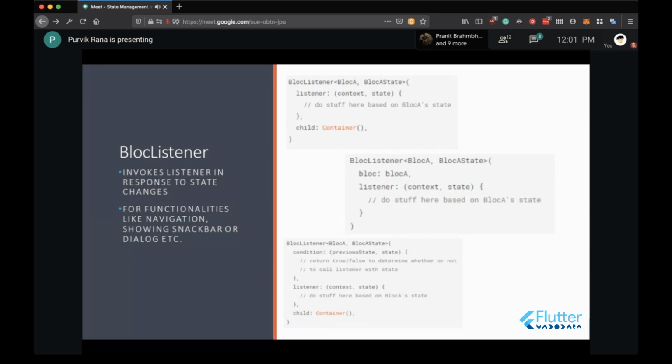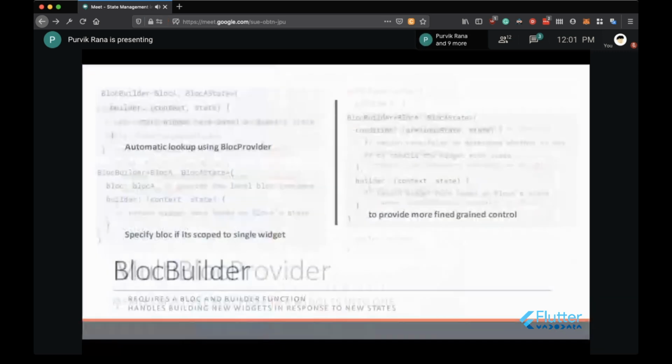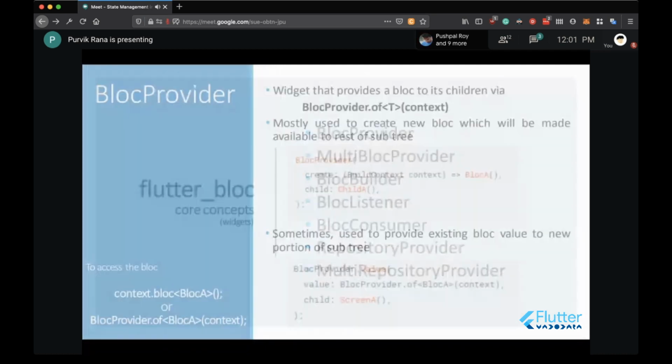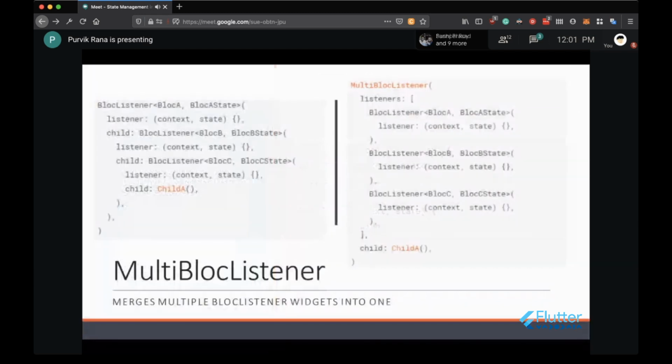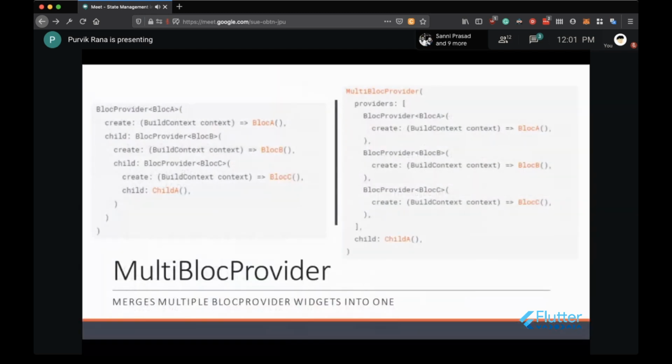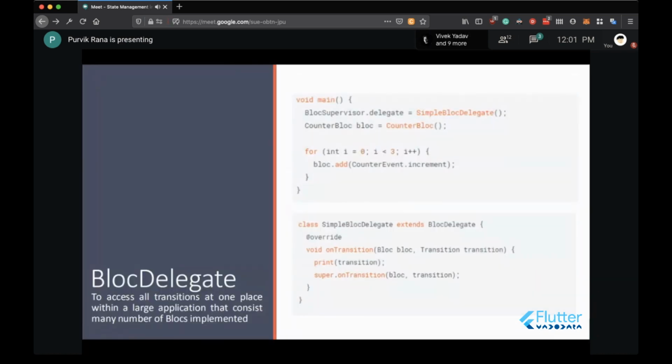Sorry, just a question on that bloc delegate. The main use of the bloc delegate is just to have something like a debugging logger for onTransition, right? If you are going to release the app, we can keep the delegate only under the debug build and comment it out for the release build. Is that possible? Yes, you can do that. You can just comment this code out from over here, so it will not give you the different transitions.